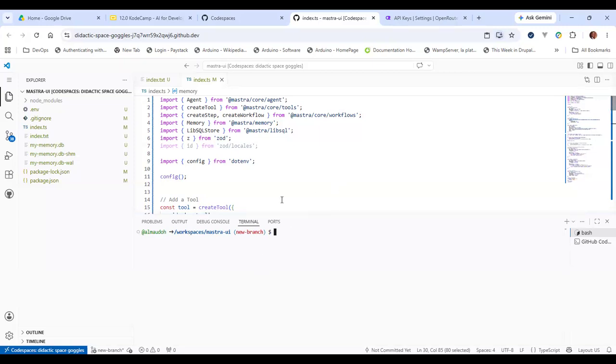To start Mastra Studio, you first of all run npm install -g mastra, or pnpm install. That's how you start. So this is the whole infrastructure that allows you to bring up the Mastra Studio. This is what you first do.